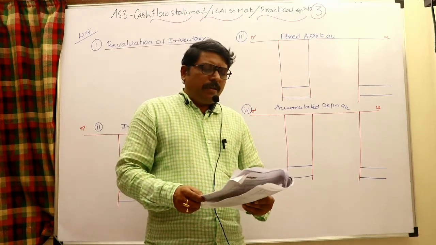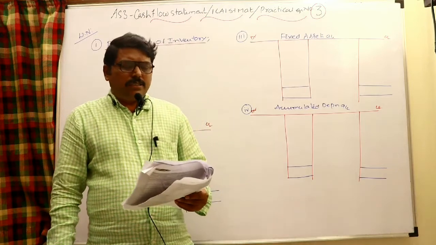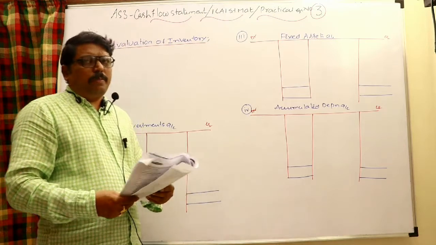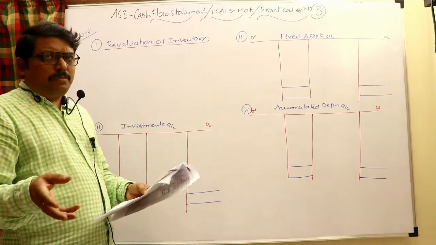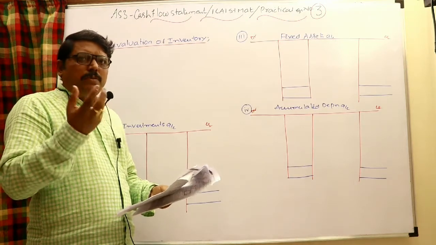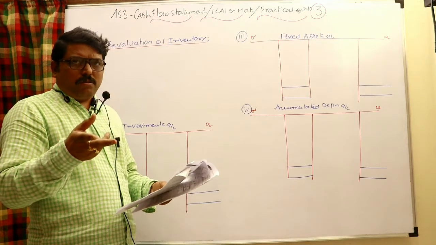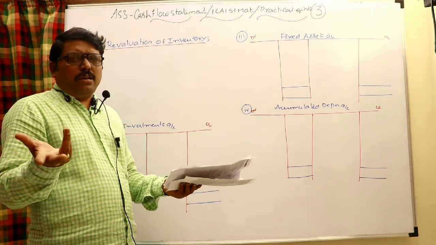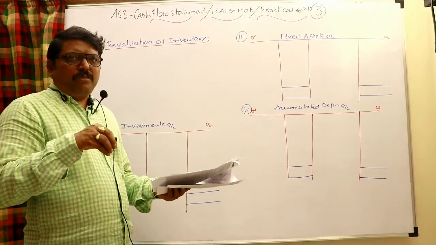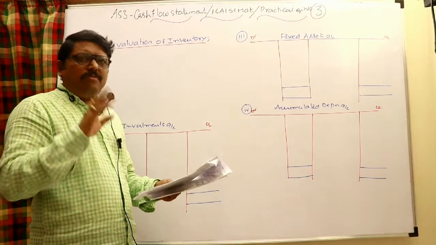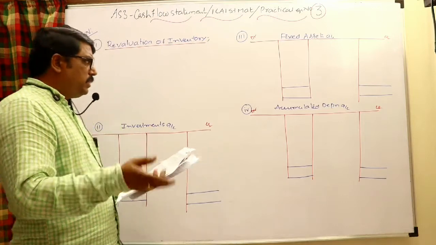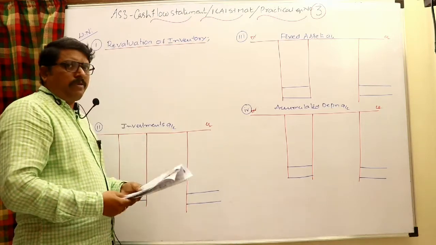Let us see that. Prepare a cash flow statement according to AS 3 by the indirect method. Let us work out that. Before that, I said that you need to prepare the fixed assets account and the provision for depreciation account. The fixed assets account is always to find purchase, sale, or a missing figure. If both are given, then you just tally. The provision for depreciation account we normally prepare to know how much provision was made through P&L. That should be known because it should be added back. If that is also given, you may just tally. And the investments account is to know purchases and sales. These are the only accounts we are preparing.